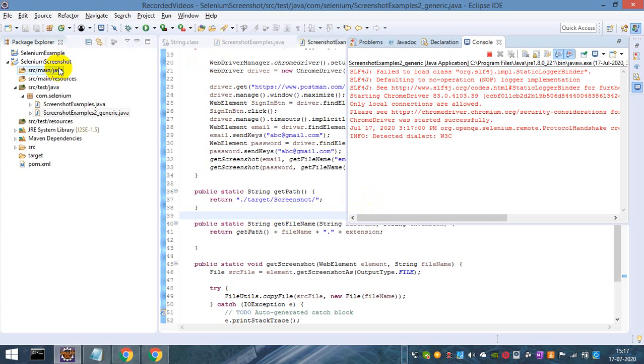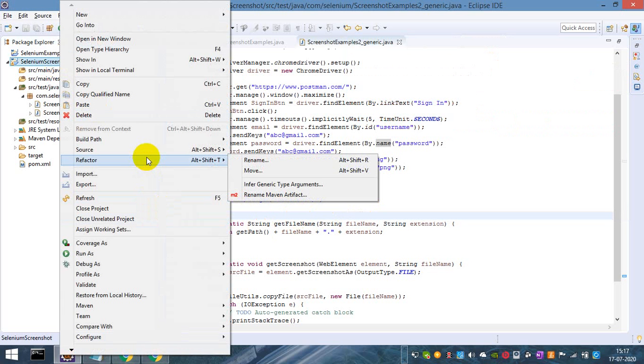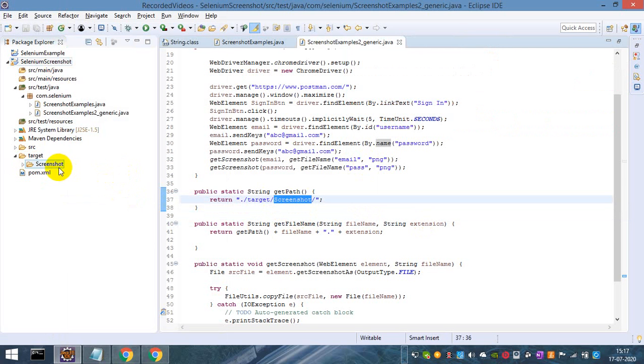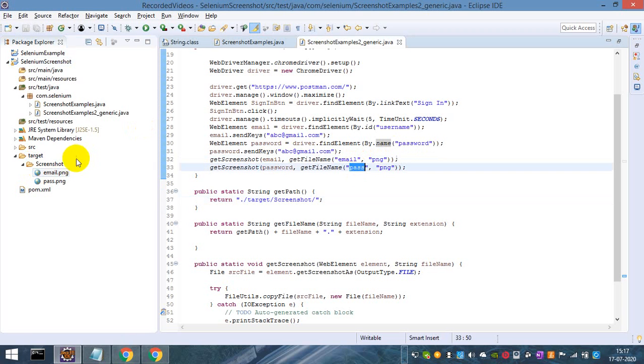Then I can check it out. I can refresh the entire project by doing a right click and then clicking on refresh. You can see the screenshot folder has been created, the path I have given over here, and inside the screenshot folder one is for my email and one is for my password.